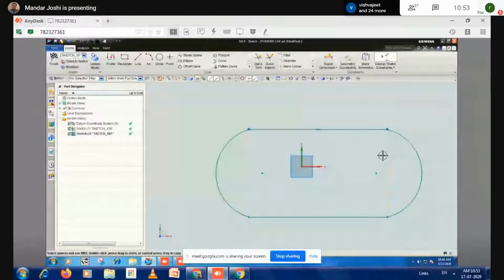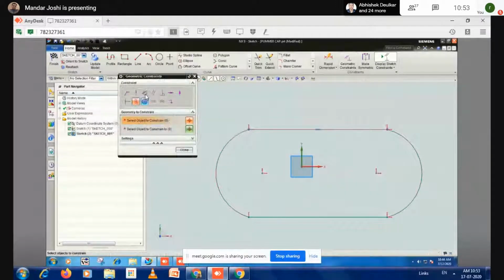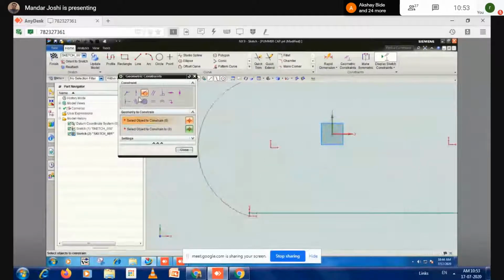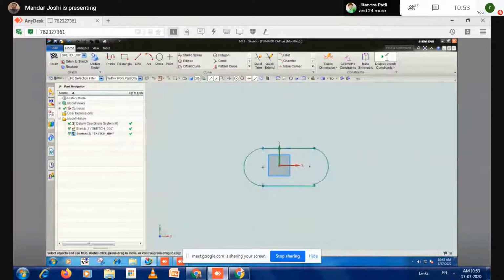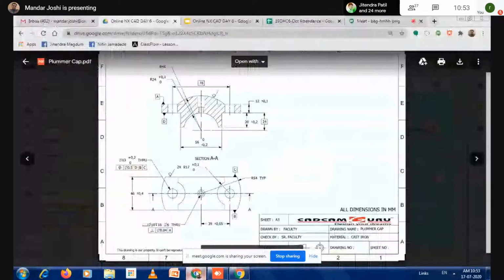Now relations. Tangency for this arc, this line. Again, coincidence option. And again tangency. Have you found any tangency here?